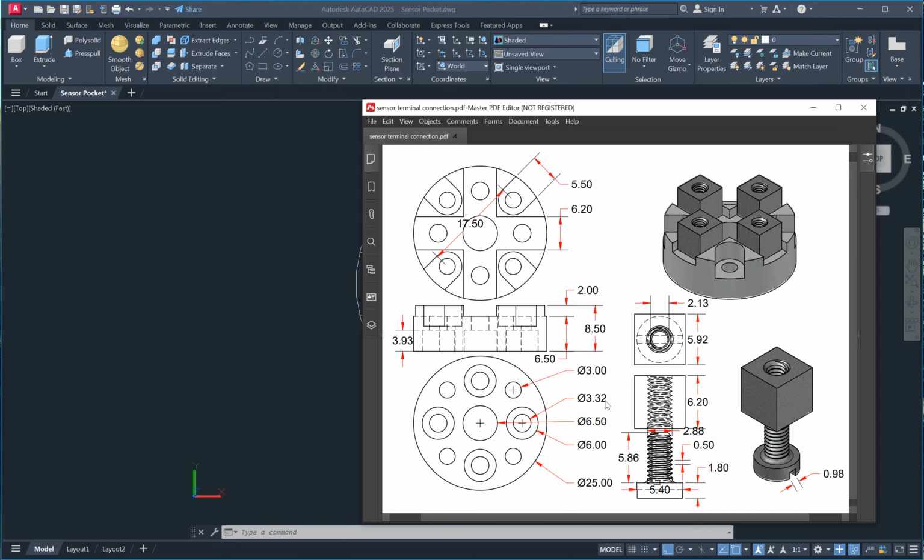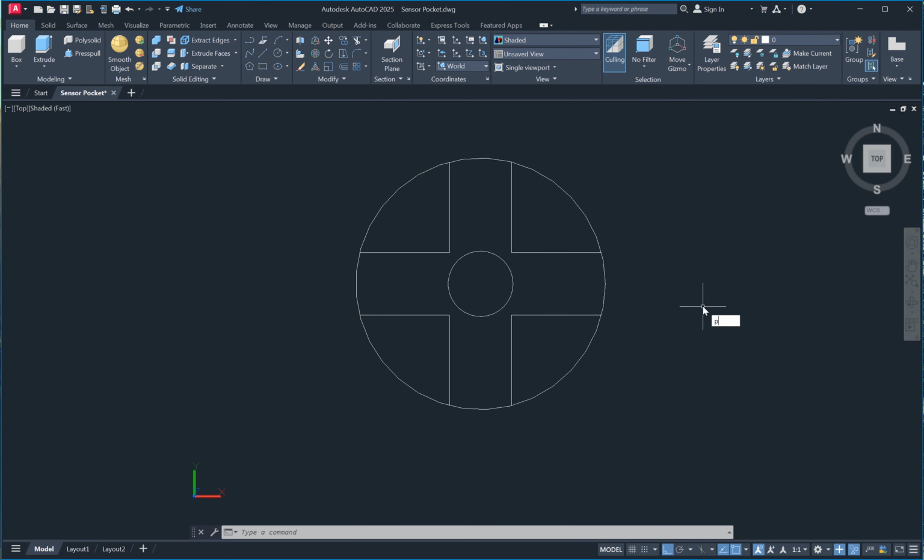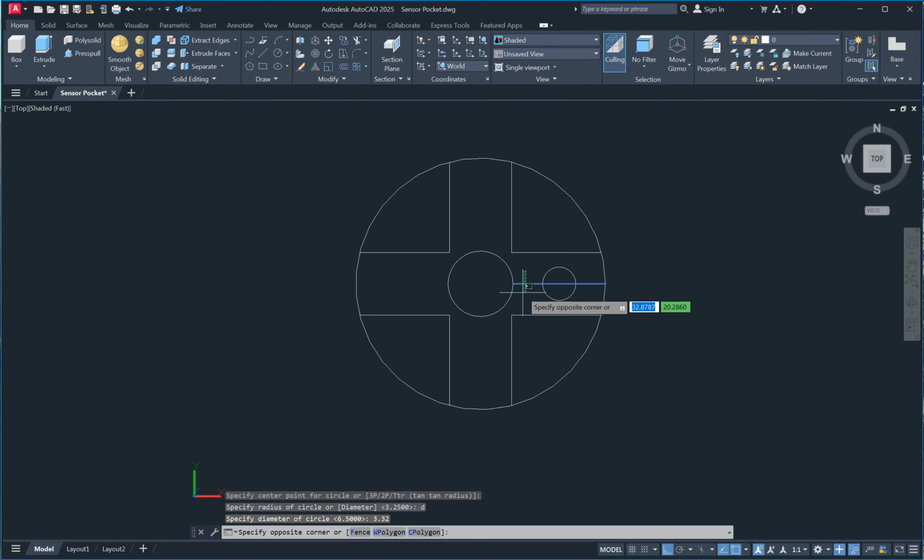So this is the middle between here to here. So we create one line here like this, and then with command circle, enter, specify center point, click here, then enter 3.32, enter, erase,